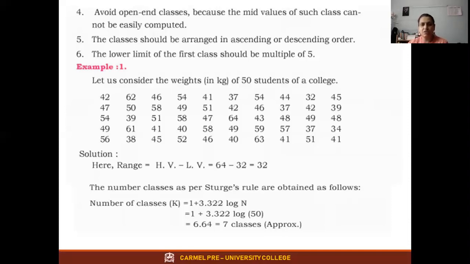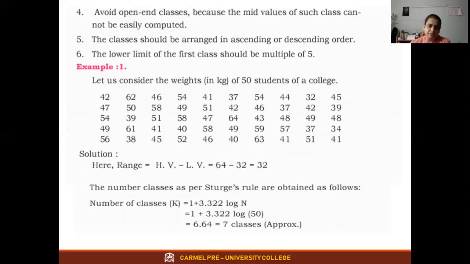Log 50 equals, they have not worked it out in the class, it is in the textbook. But you take down log 50: 2 digits, so it is 1 point, and at 50 from the log table, it is 6990. Those who have the textbook can have a look later. 1.6990. So how do you use the BODMAS rule? 1.6990 into 3.322. Use a calculator. You will get 5.64.